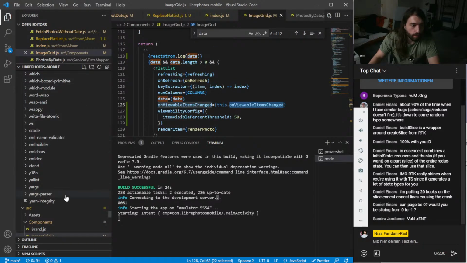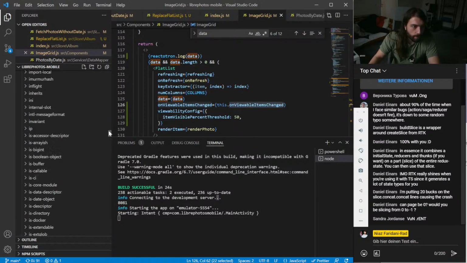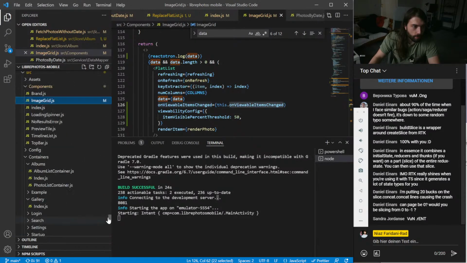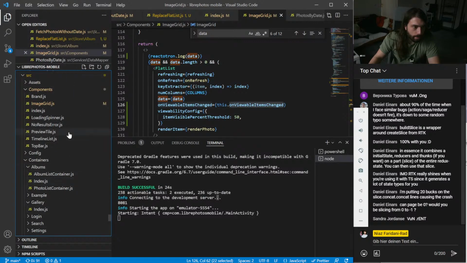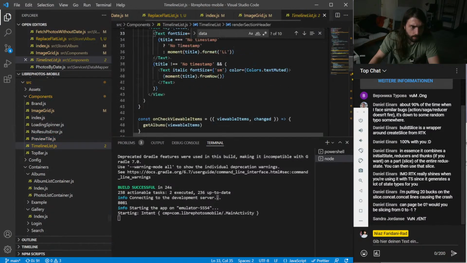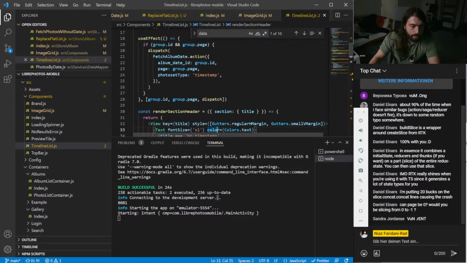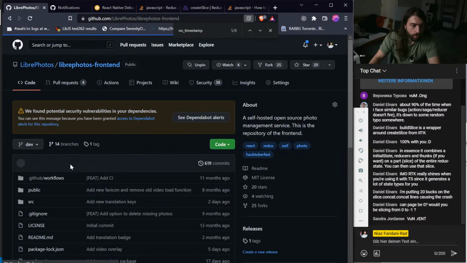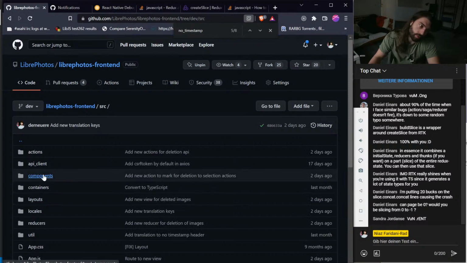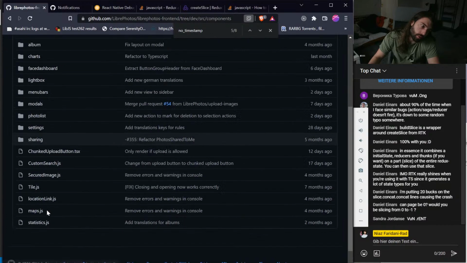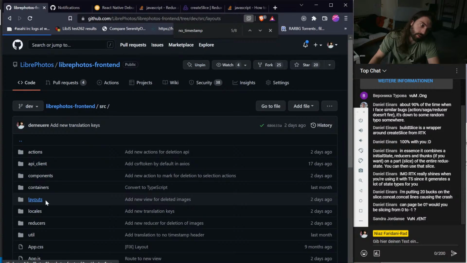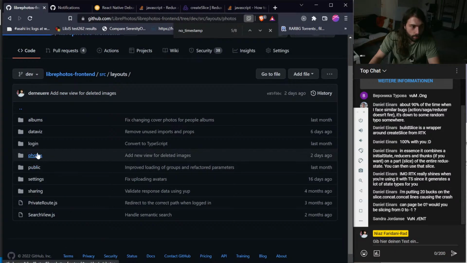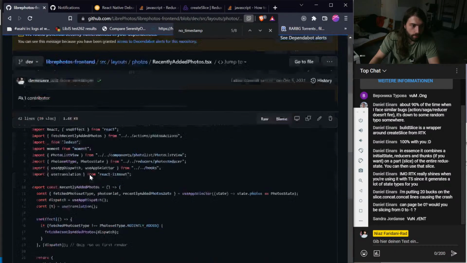And then I just need to add a new function. Oh no, node modules help. Right. LibrePhotos front end, and then we go to LibrePhotos front end source, components, and here we have layouts, and in photos, and then recently added photos.